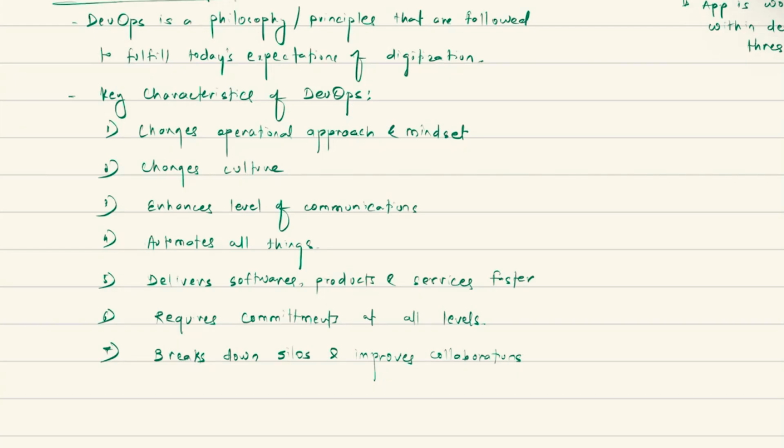DevOps is like following a particular philosophy, following particular practices, using a particular way to deliver code and software, right? And then there are certain tools which enable you to follow the philosophy, the culture, and the best practices that are highlighted in the DevOps model. DevOps is not hardware that can be purchased, or a piece of software that can be installed, although it is a collection of tools that are used in DevOps culture, right?